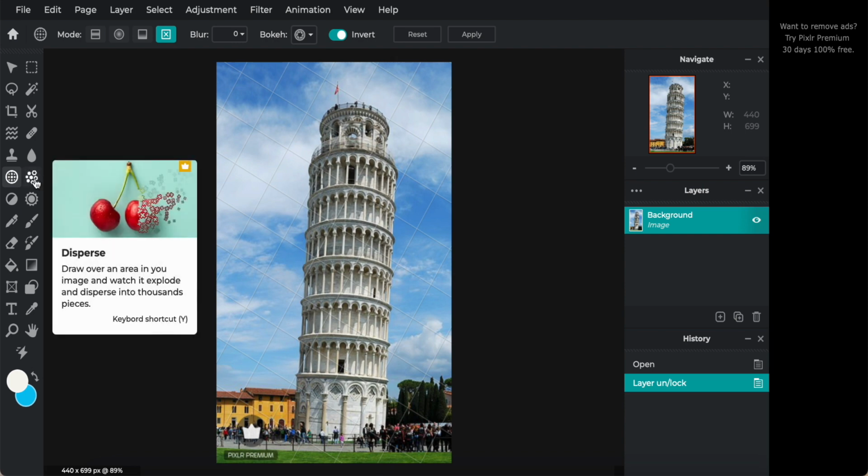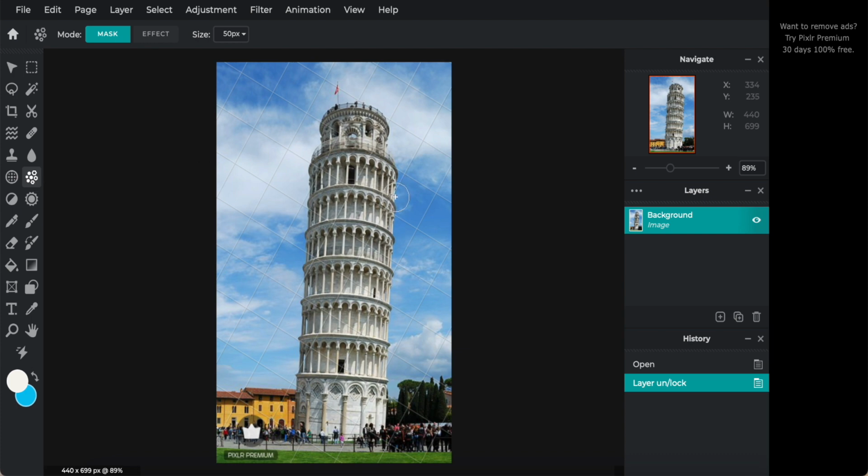So the next tool is called disperse. Draw over an area in your image and watch it explode. This one looks like something or the picture disappearing, like an effect. The keyboard shortcut is Y. So for example, now I click this one, and then come beside this building, and then click the button. They will look like